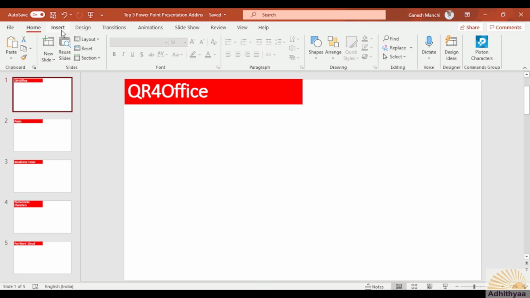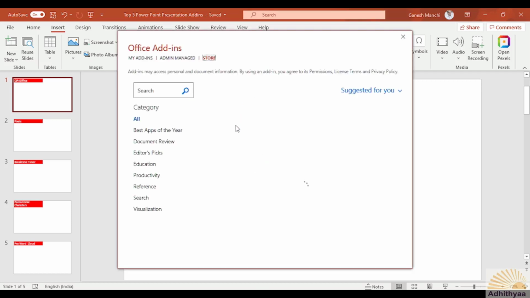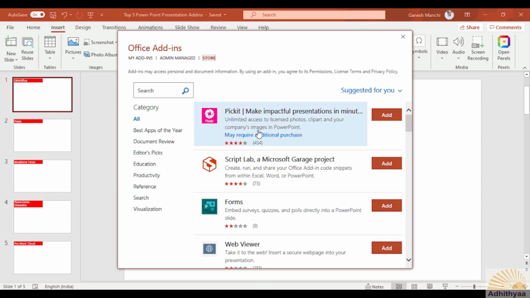You go to the Insert tab and then you will see the add-in section here. An add-in is not a formula, it is not a function, but it is an inbuilt tool. This can be downloaded across the Microsoft applications. There are hundreds of such Office add-ins available, which many people are not aware of.